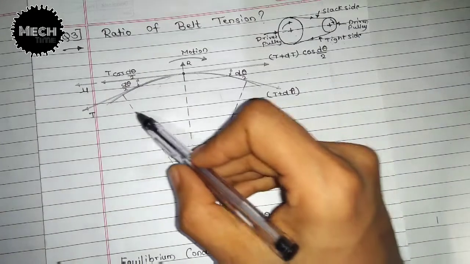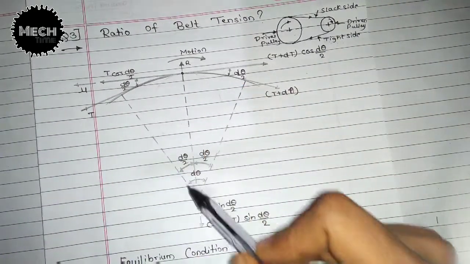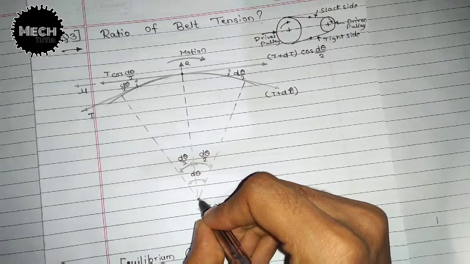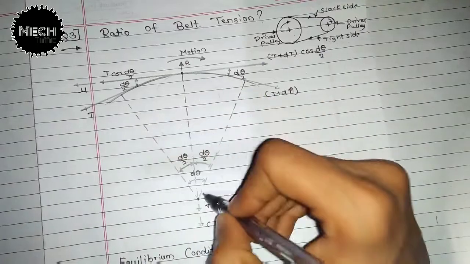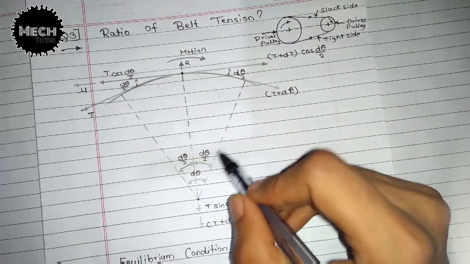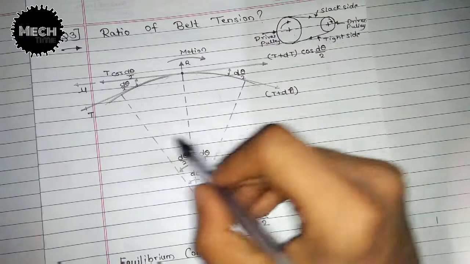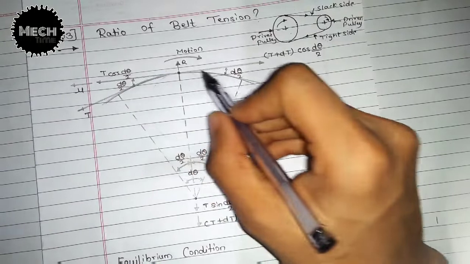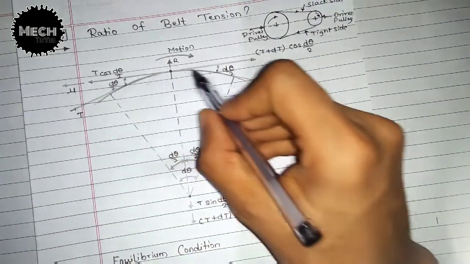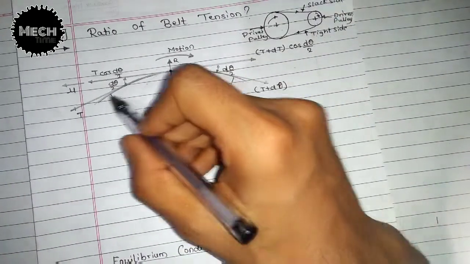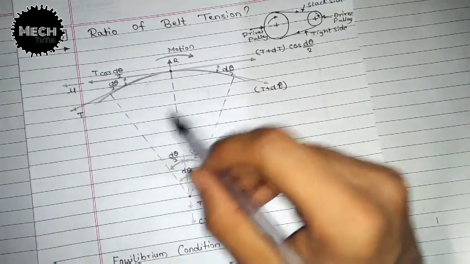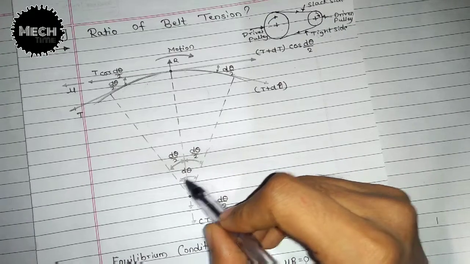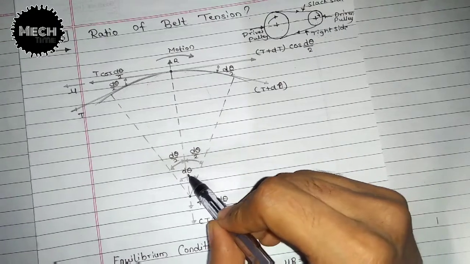Once you draw this, you have to take a dash line from the center. So this is my center, and I have taken a dashed line over here. This dashed line is nothing but the contact points, where the belt meets the pulley and goes from here. So these are the contact points. Now, the angle between these two is d theta. You can see it over here.